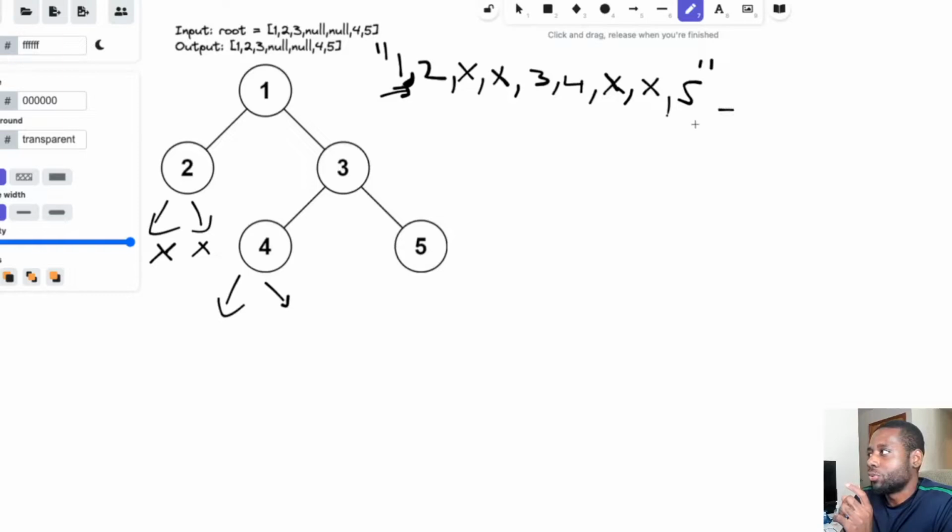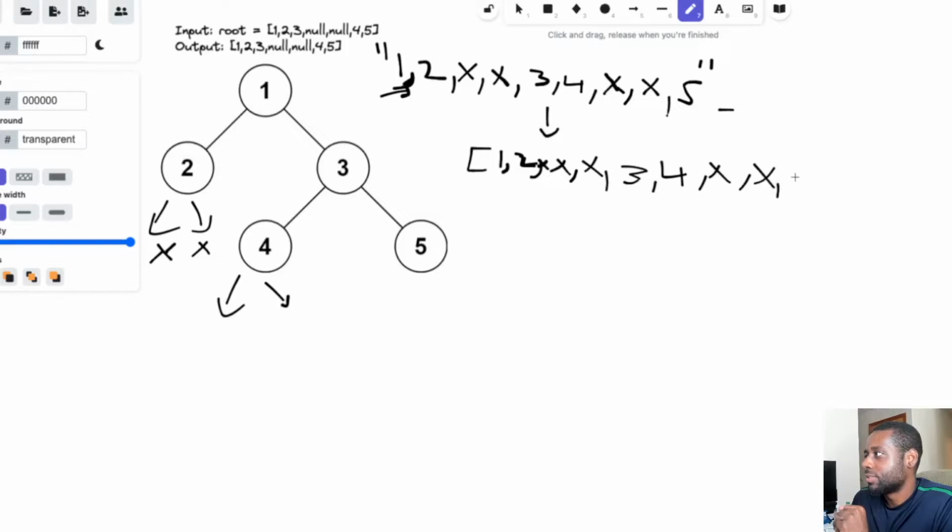Now all the nodes are in a collection: one, two, X, X, three, and everything you have here in the string, X, X, and then five.